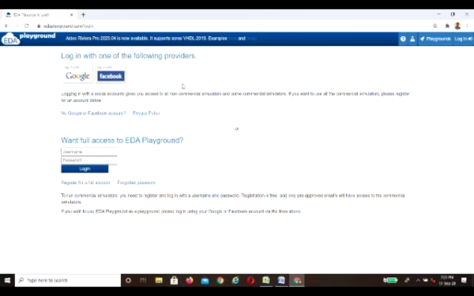And I hope that the students and others all have Google and Facebook accounts, so you can easily register with Google and Facebook. Another registration process is the full access, but students are not able to register for full access on EDA Playground. So I will show you the procedure to run a VHDL or Verilog program. After login,